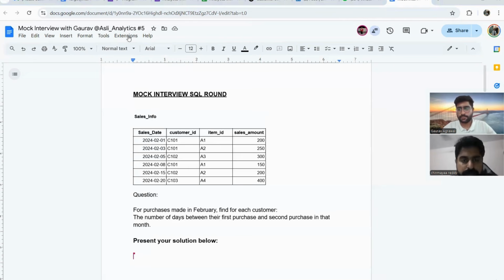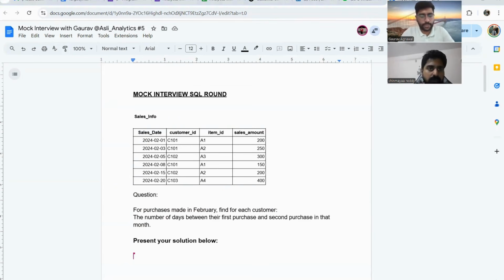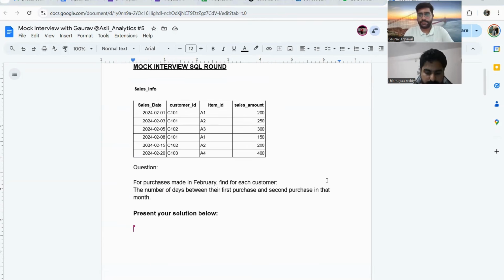Should I tell my approach and then start writing the code? Yeah, you can share your approach. You can write pseudocode first, and then write the query afterwards. Okay. So you will first filter for the mentioned time frame, 2024.